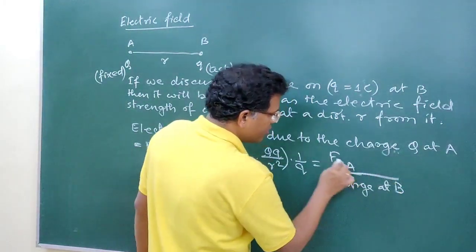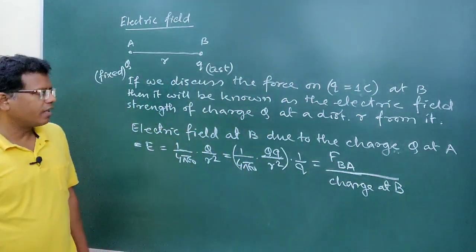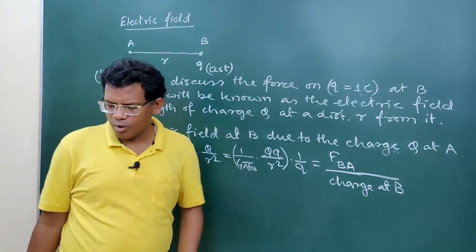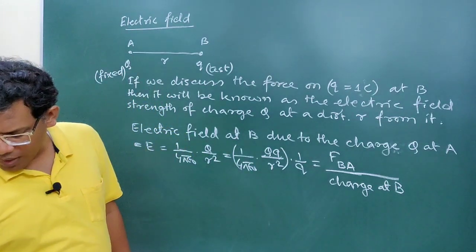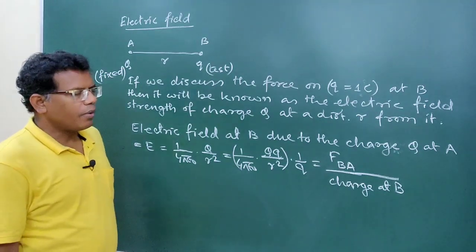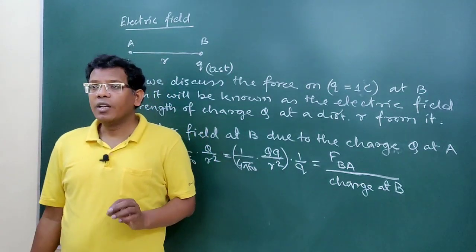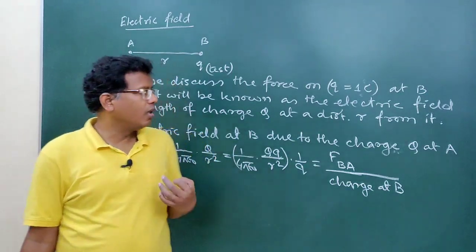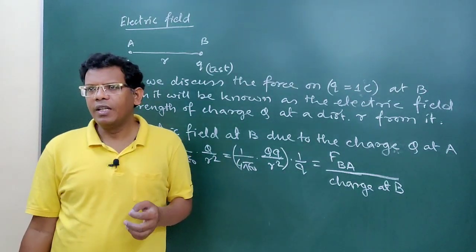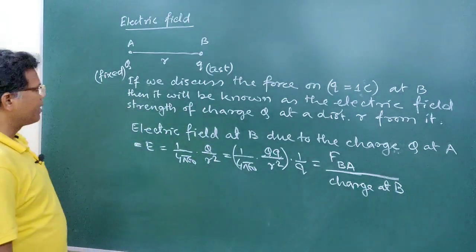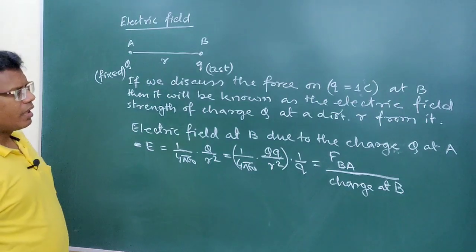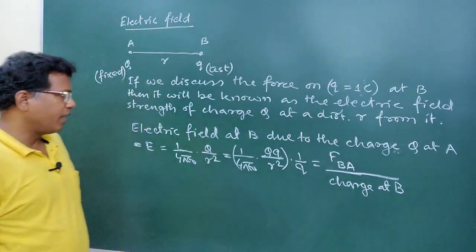Got my point? So the calculation of electric field will be the same as the calculation of electric force. The only difference is that while using the term electric field, we must be careful about the magnitude of the test charge particle. That has to be specifically unit 1 coulomb charge, right? So this is the difference between the electrostatic force and electric field.